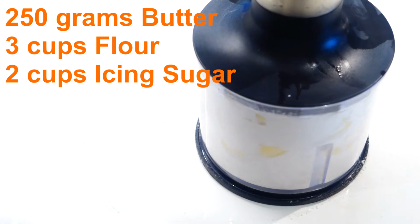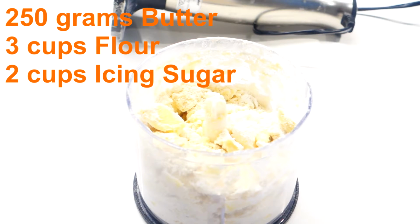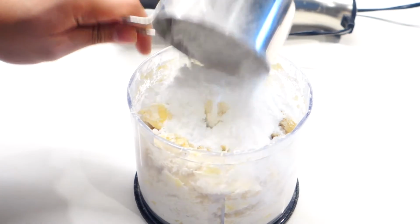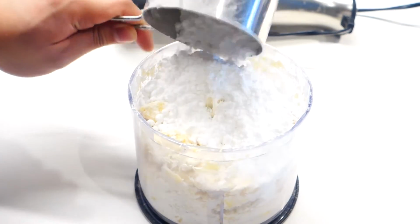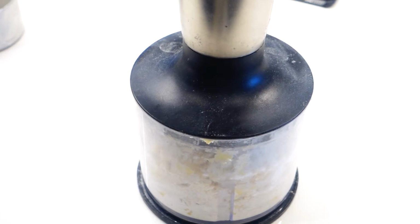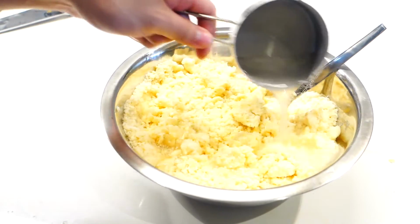So in this blender, I was trying to blend all of these ingredients together, but apparently the blender is not big enough, so I ended up with these chunks of butter that I cannot blend further. So I decided to take out half of the butter and flour mixture onto a bowl and just try to blend half of it first with a cup of sugar. As for the other cup of sugar that I need for this recipe, I'm just gonna add it to the